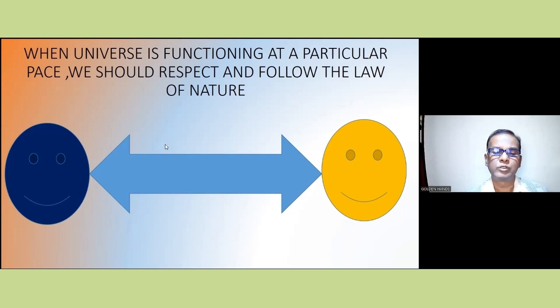So you need to practice certain things: respect nature, be with nature, and then create an awareness. Once you create an awareness, people will see you and wonder what this person is doing. Automatically, you will be able to tell them that whatever you're following has to do with nature. Of course, the benefits are always there, and when the benefits are there, why not follow it? It's always good to follow a particular methodology and get the benefit from nature. So when you're talking about nature, then you